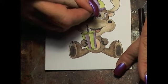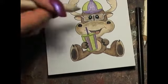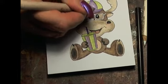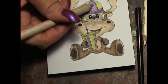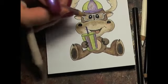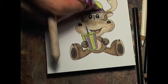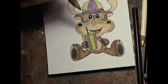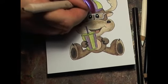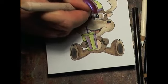Here we go. Get a little more purple in there. I like the way the purple's pulling through here. There we go. Much better. Now, after this is done,